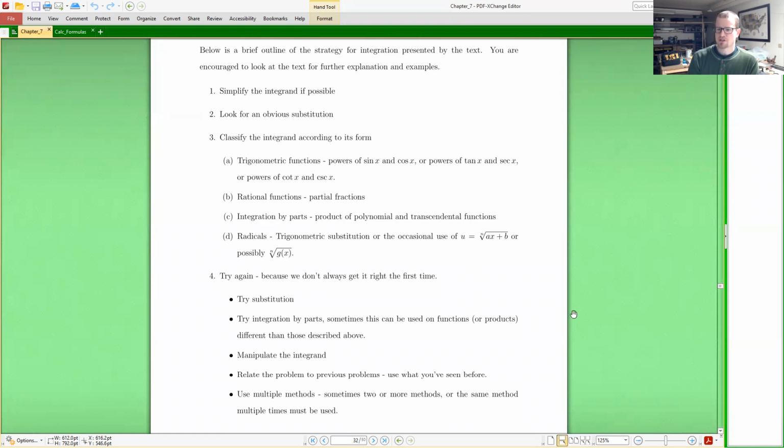Sometimes using these particular rules can be beneficial, though it is not always common, right? Letting u be the nth root of something, or letting u be the nth root of some linear function, or just some function in general. That doesn't always work out in our favor, but it can at times, and it's something that you should pay attention to. All right, so after you've done that and you found that none of these things work, you go